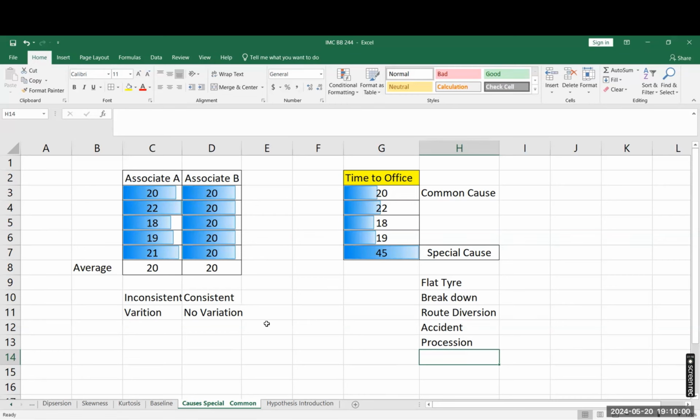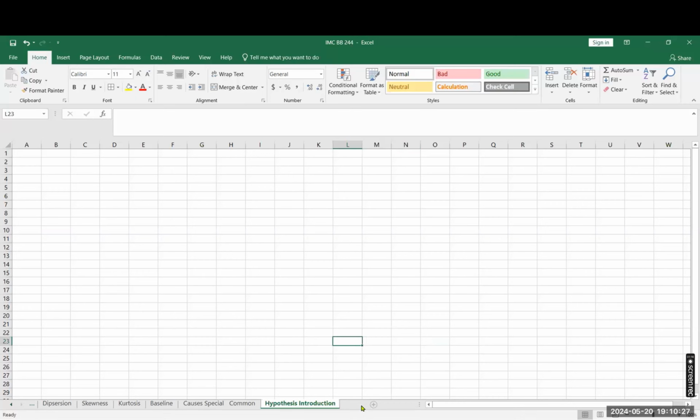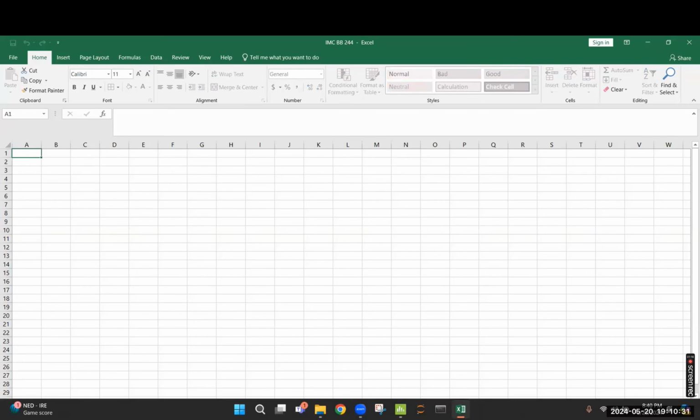Now, the question is, how do we identify whether this is really a special cause of variation, yes or no? Maybe looking at the data, you can say something went wrong there. But you have to validate this statistically. So to validate or find out whether this is a special cause of variation or not, there are a few basic data properties.